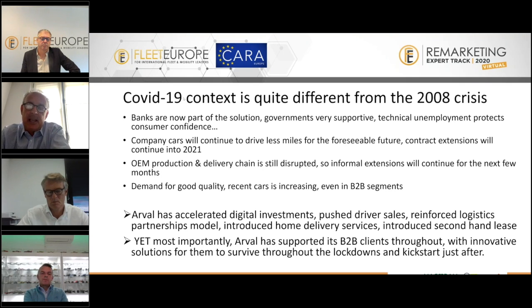Most importantly, I would say we've tried to support our clients throughout this challenging period. We have been staying in touch with all our B2B clients throughout the lockdowns. Some of them have indeed seen it as an opportunity to stock themselves faster than the demand levels could be confirmed. Some of them were a bit more cautious, but all of them have appreciated the fact that we did bring in funding, stock funding, for instance,